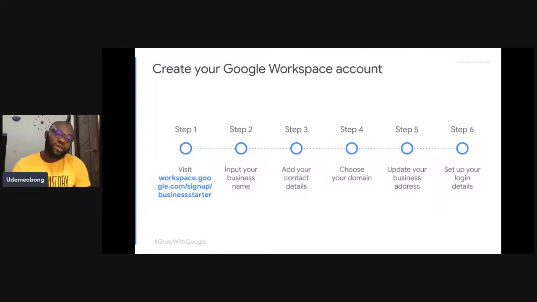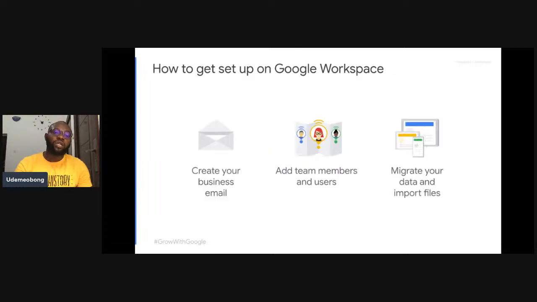So you choose a domain name, and then you update your business address, and then you set up those login details for whoever you want to have that account. Now you're going to understand better, so just hold on. So let's see how to get set up on a Google Workspace account. Now, the first thing you do when you finish creating the account is to create your business email. So you create a business email. You don't need your personal email if you are setting up a workspace. What you need to do is have a work email separated from your personal email. Okay, so you can do things like